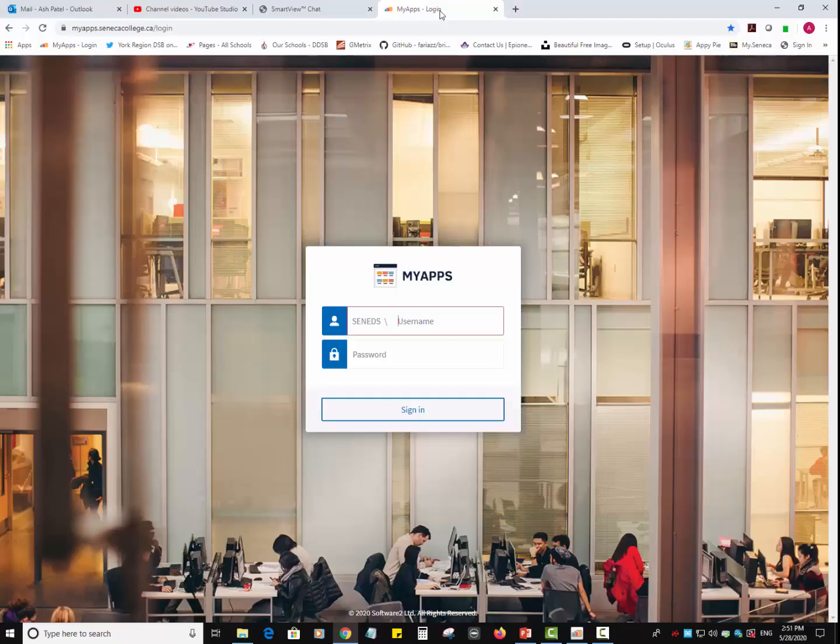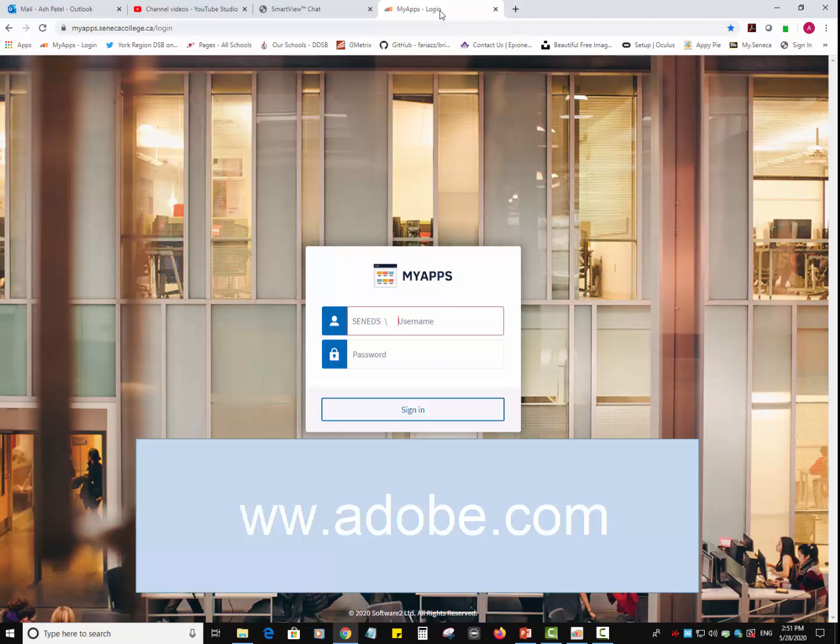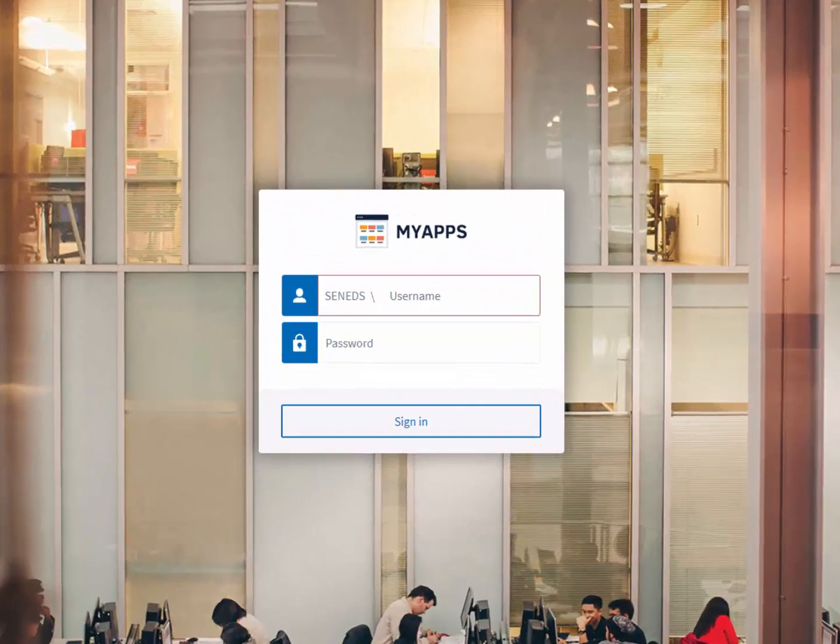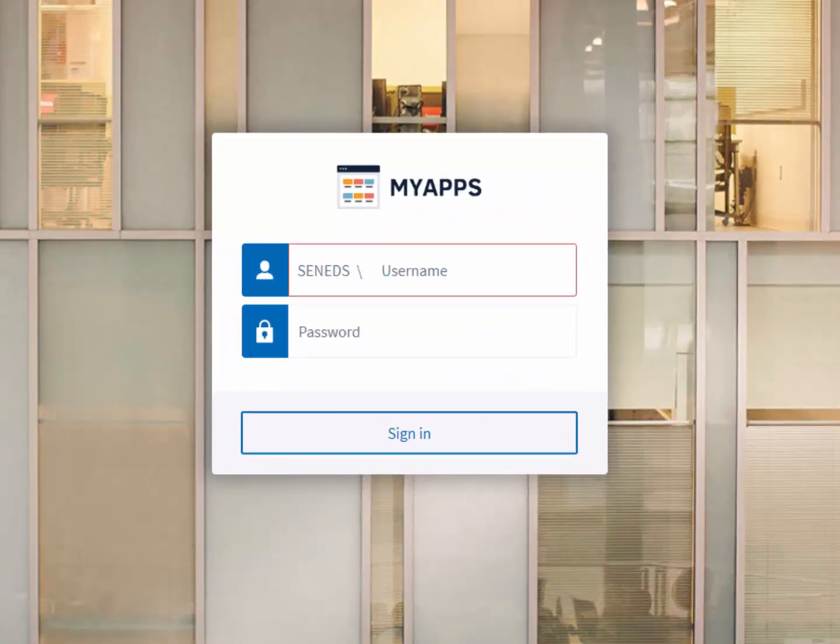So to access Adobe Captivate, you can go to their website at adobe.com and look for it and download a trial version, or you can use a Seneca version. We have a full license. To do that, you have to go to a site called